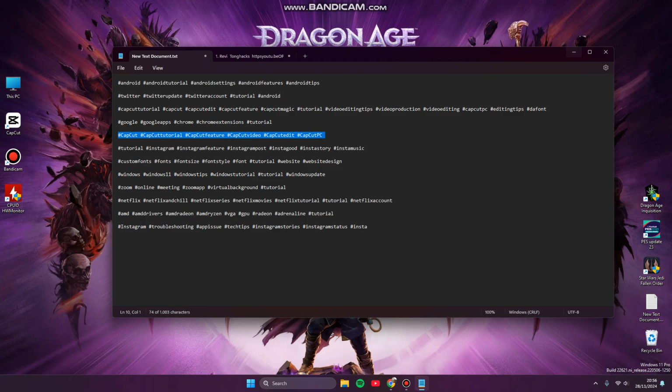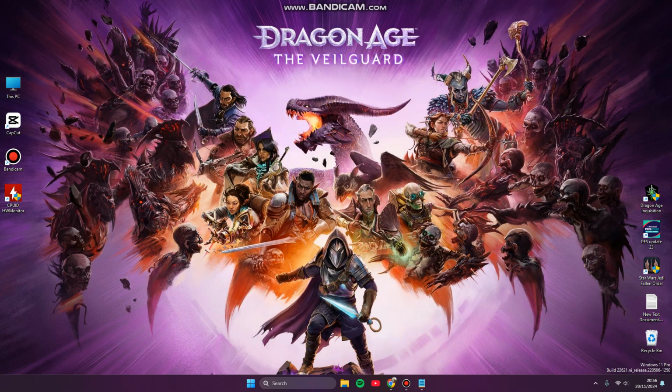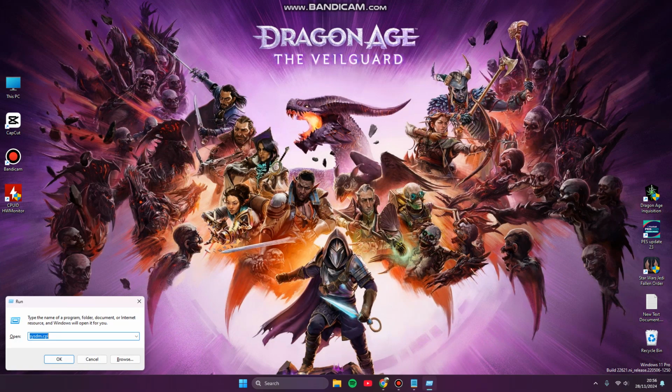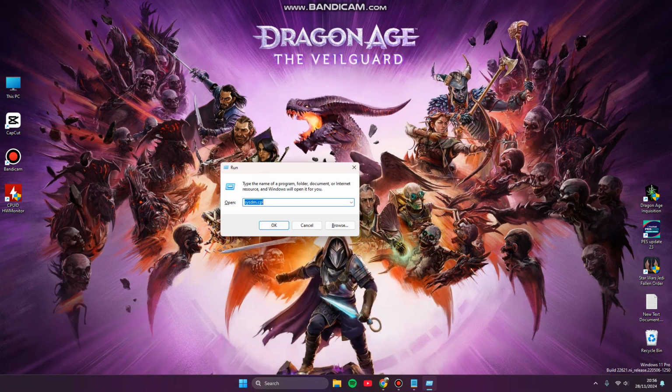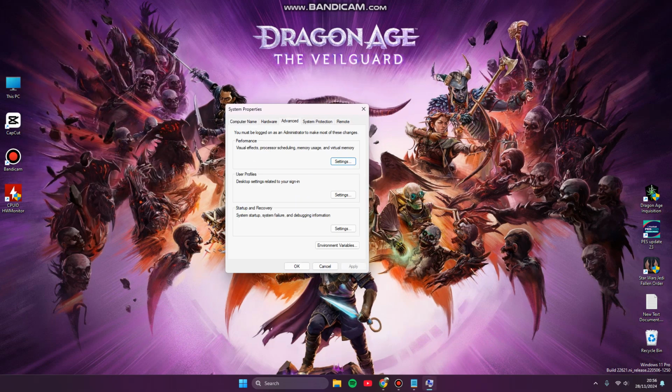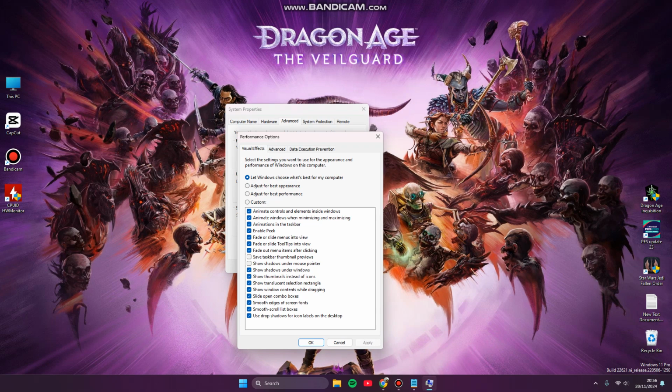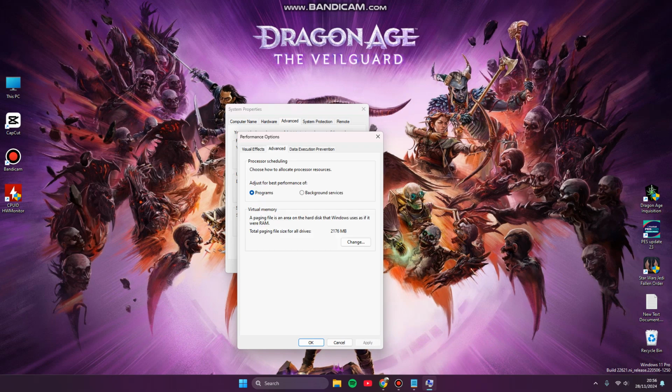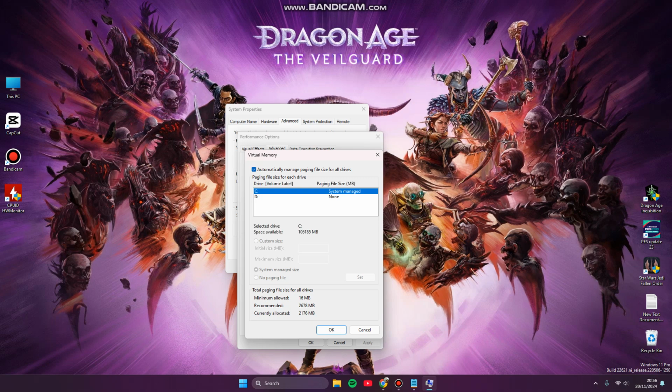memory. You can hold the Windows key and R key in order to open the Run box. Type sysdm.cpl in order to open System Properties. Click OK, click Advanced, click Performance Settings, click Advanced again, and under Virtual Memory click Change. You can untick this box